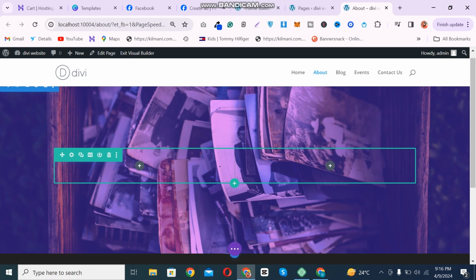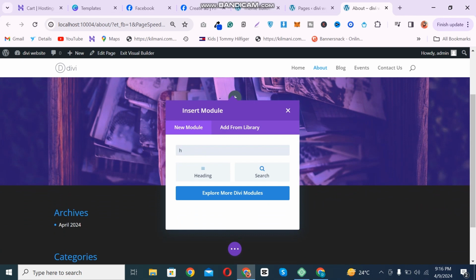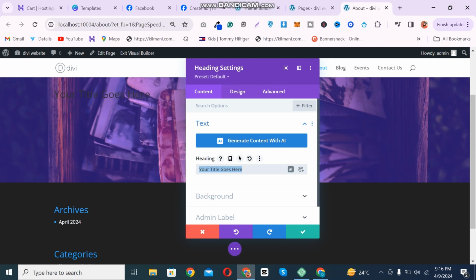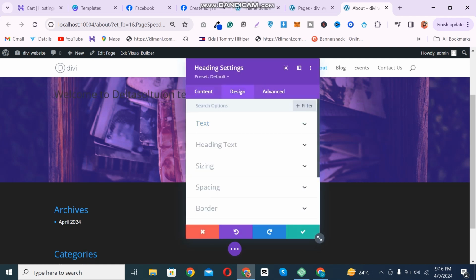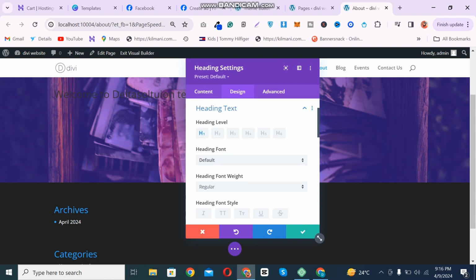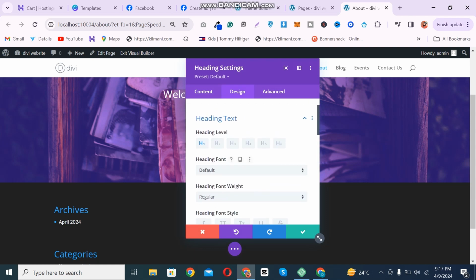Now we can add a title. Save it. Click again, go for the designing, heading, scroll down and click center, change the color and scroll up